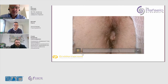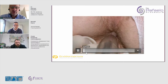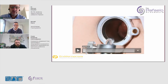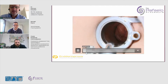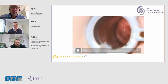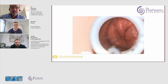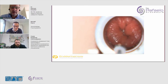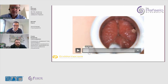Now you will see a video about Raffaello procedure. First step is to introduce a normal endoscope and have it inside a look where the hemorrhoids are placed. And you can see here on the 11 or in the 3 o'clock position 2 hemorrhoids which are prolapsing, and then if you see the 7 o'clock position, there's coming another one. So this is the